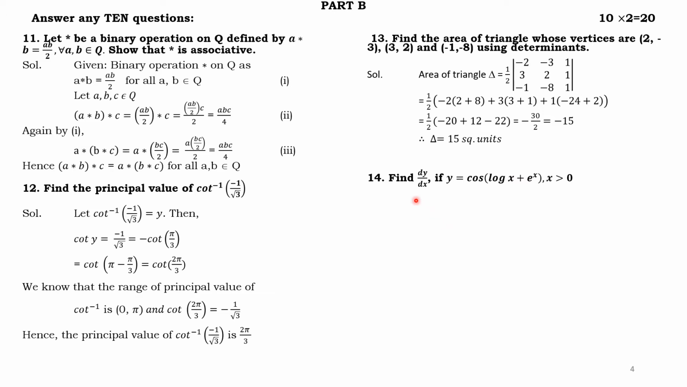Question number 14. Find dy by dx if y is equal to cos of log x plus e to the power of x, x greater than 0. Therefore, you will get y is equal to, solution. Y is equal to cos of the given function, written as it is, log of x plus e to the power of x, where x is greater than 0. Then we have to differentiate with respect to x. Therefore, dy by dx is equal to